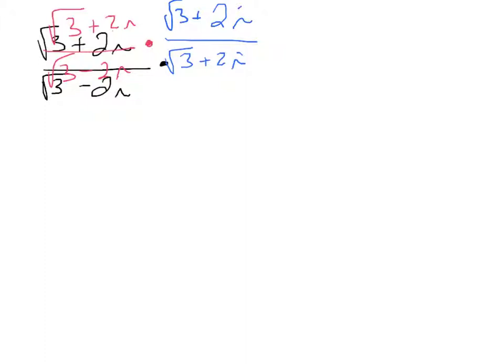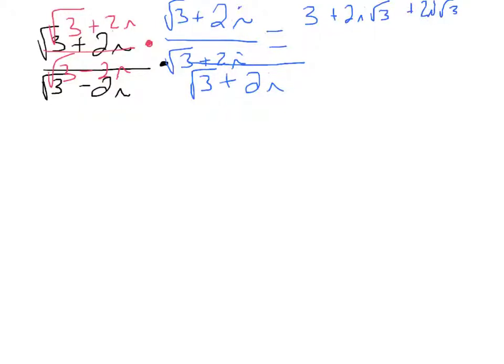Now I'm going to go ahead and FOIL. So root 3 times root 3 is 3. Root 3 times 2i is going to be a positive 2i root 3. And we got another 2i in root 3, and that's going to be a 2i root 3. And we're going to have 2i times 2i, which is a positive 4i squared. All over root 3 times root 3,